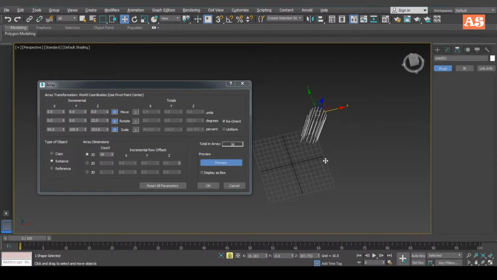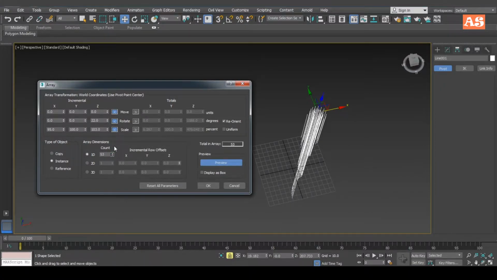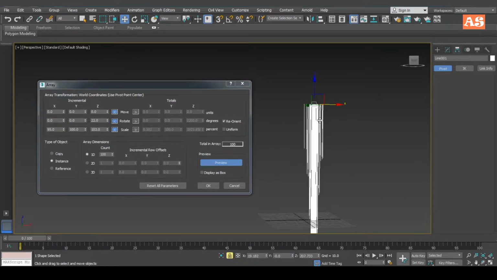It will scale this object in z axis, and you can also increase the count. It will create multiple copies of this line, and if it is suitable for you, then you can also adjust some rotation value of this object.